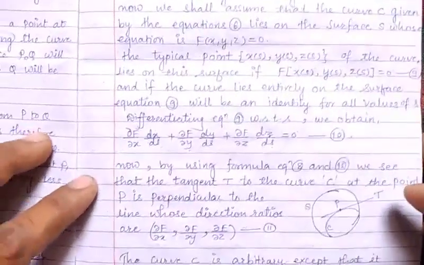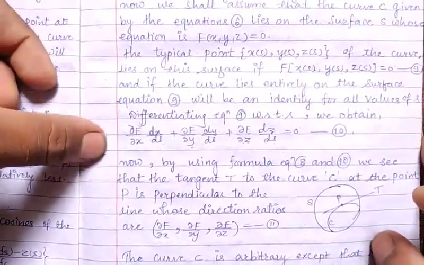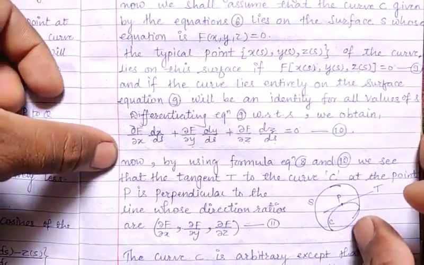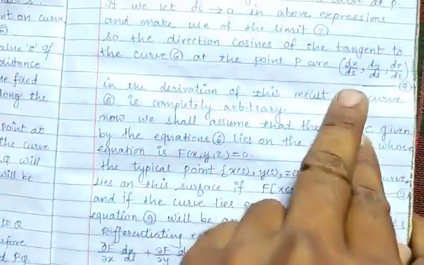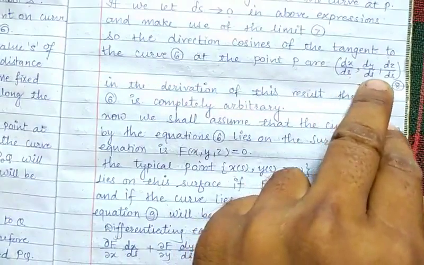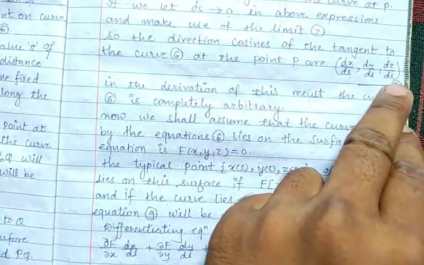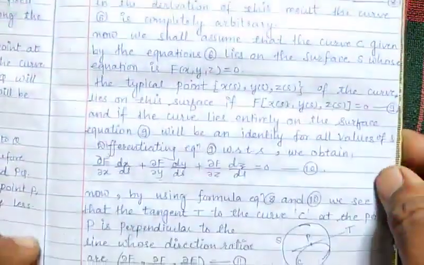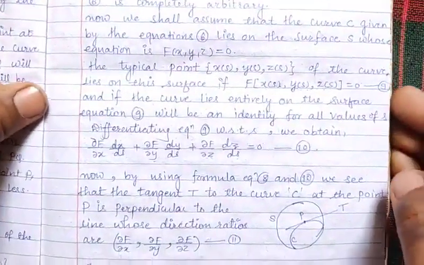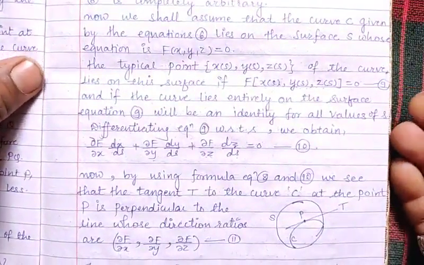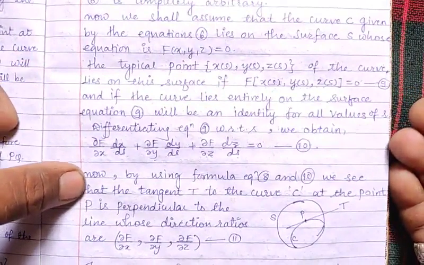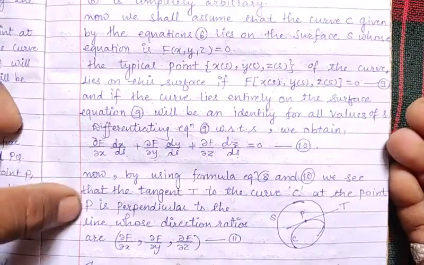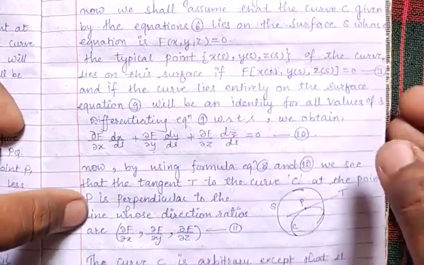Now using equation 8 and equation 10 we see. So what is equation 8? Equation 8 is dx/ds, dy/ds and dz/ds. Okay, so using 8 and 10 we see that the tangent T to the curve C at the point P is perpendicular to the line whose direction ratios are